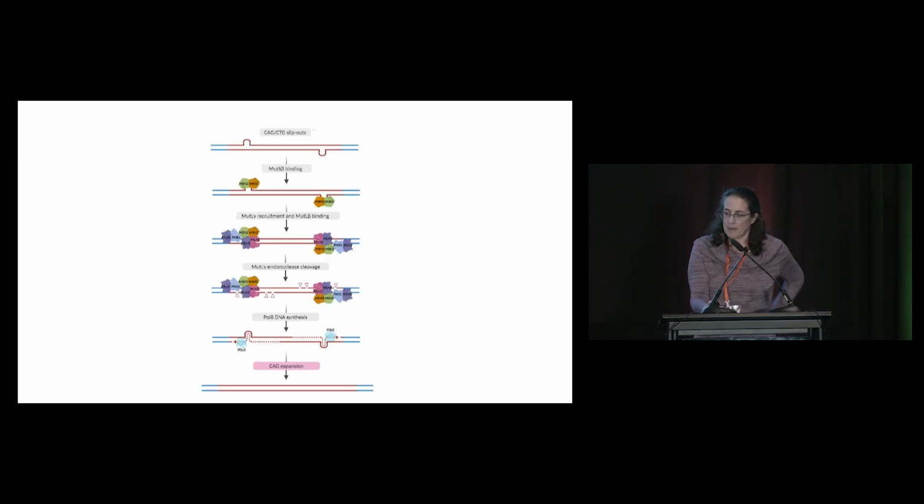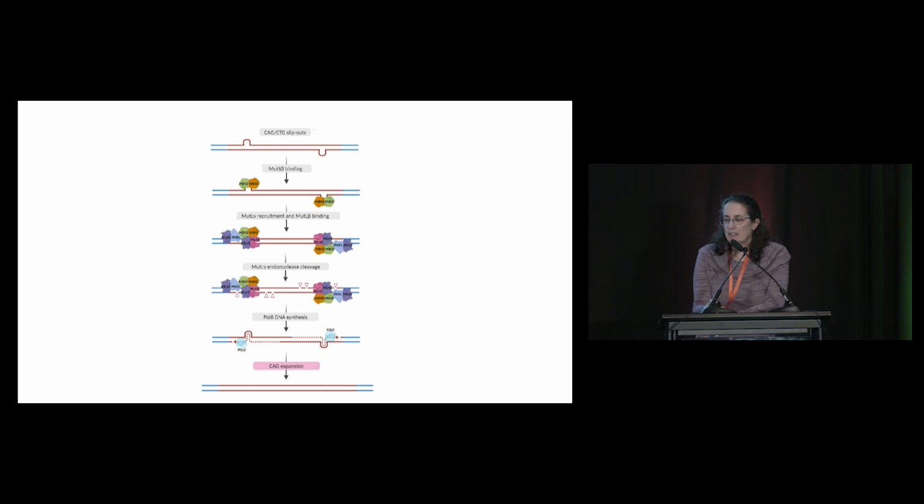So I'll end with a model that we've developed really based on the CRISPR work, but which could also incorporate LIG1, and is based on a lot of other data that has been generated in the field biochemically, trying to put everything together the best we can. Essentially the model is you have a CAG, CTG slip out, which can happen during some aspect of, say, transcription or DNA breathing or chromatin